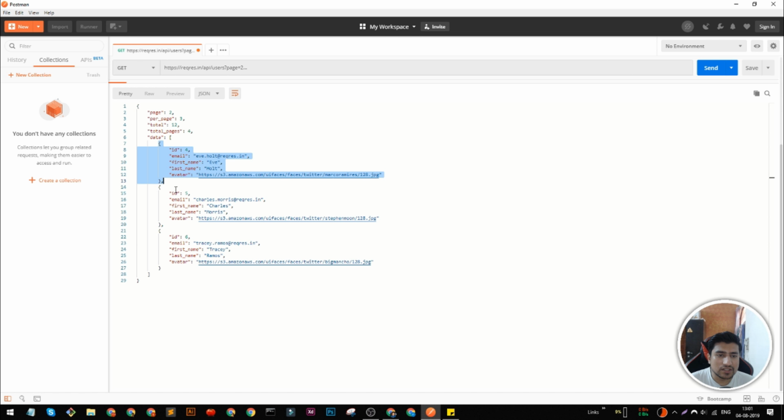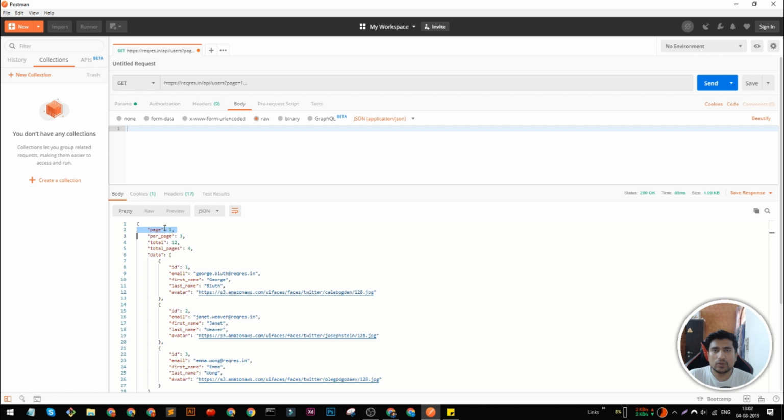It's a dummy API right now that it is returning, and we can ask for the first one also, and it will give you the first one, right? So what exactly is going on? We are basically making a simple GET request to a server, and this API can be used by any kind of web application, even a simple Android application, where you have to show 3 users to a particular client or in an Android app, right? So it's a basic overview of Postman.